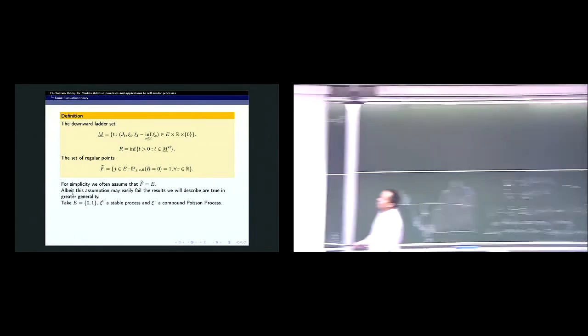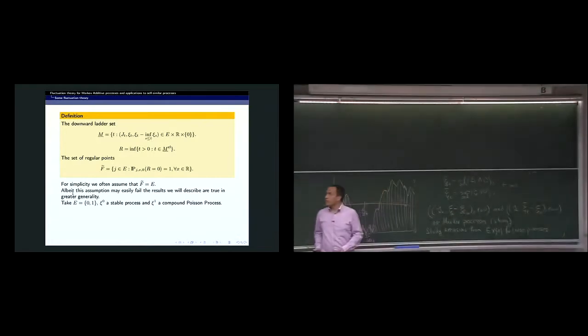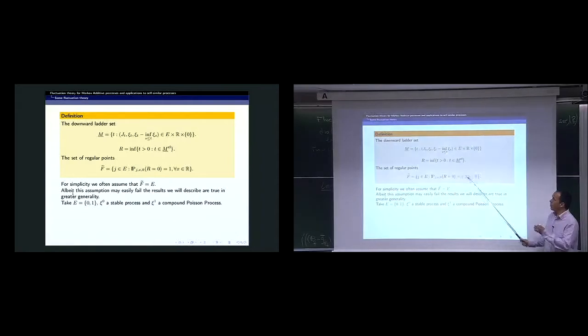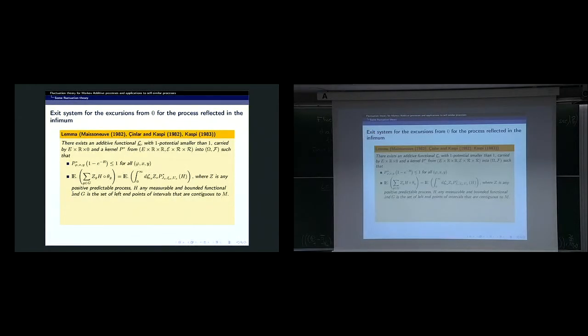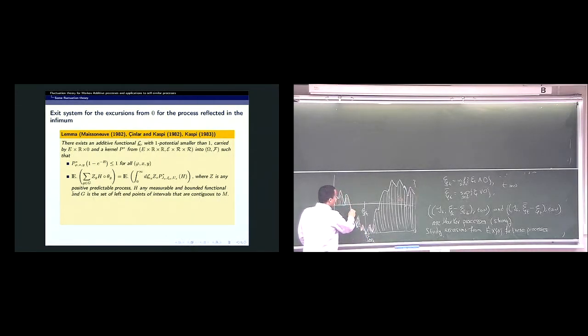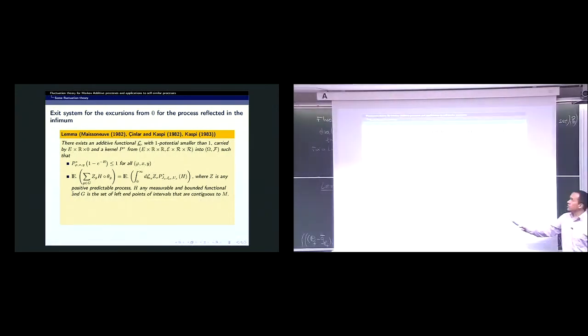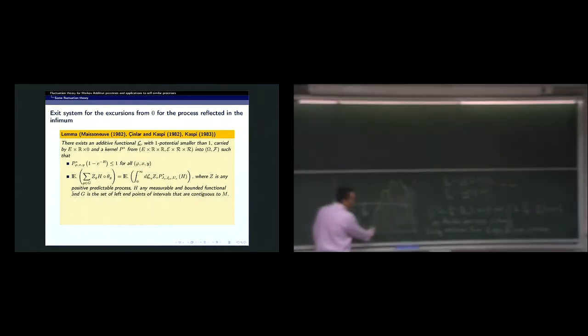So for that, we need to consider the zero set, so the set of points where this difference is equal to 0. We do the same for the supremum, and we do the same for this guy here. And then, well, we assume some regularity on the ways we hit 0. And then we can use this theory of Maisonneuve that was later extended by Çinlar and Shindler that tells us that there is an additive functional L, that is the local time. This is telling us how much time my process is spending on zero, like in here. So I reach a new infimum, I spend some time in zero. So this tells me how much time I spend in zero. And it tells me also that there is an excursion measure. So I get a kernel now that describes the excursions,